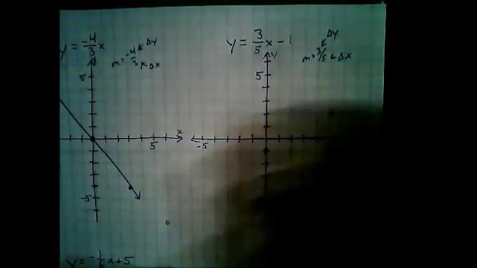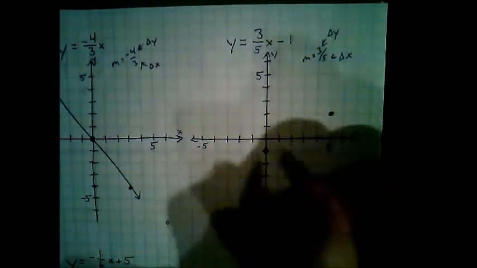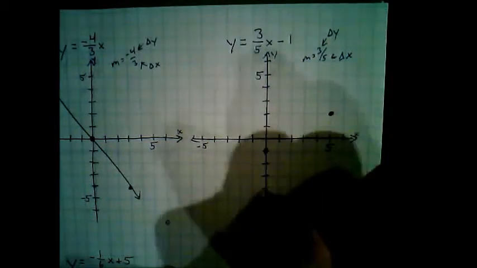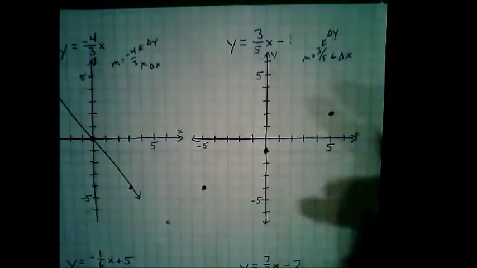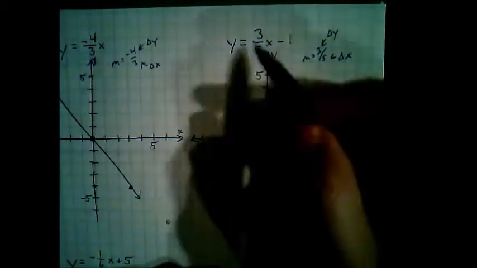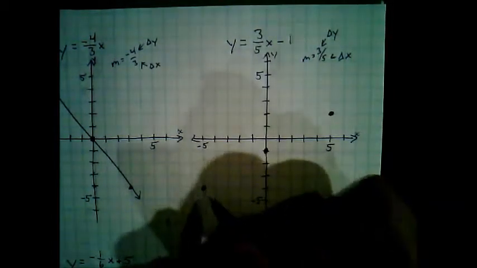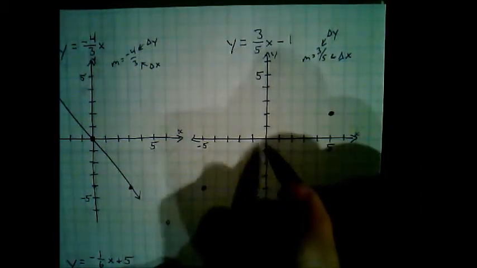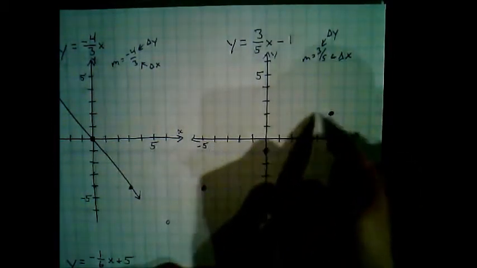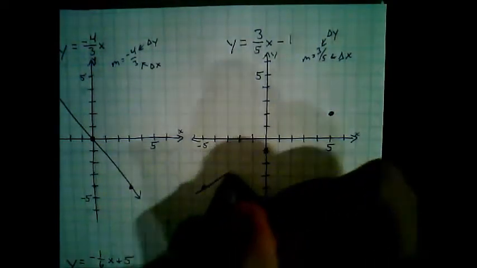We ran out of room going to the right, so let's just continue this pattern going to the left. So we're going to go down 3, left 5, down 3, left 5, 1, 2, 3, 4, 5. Again, we understand we're adding 3 tiles every 5 figures, so we're doing that throughout this entire line, and we just draw our line